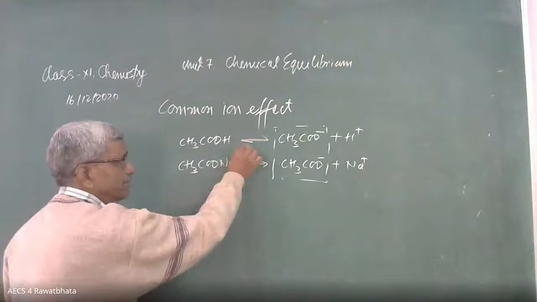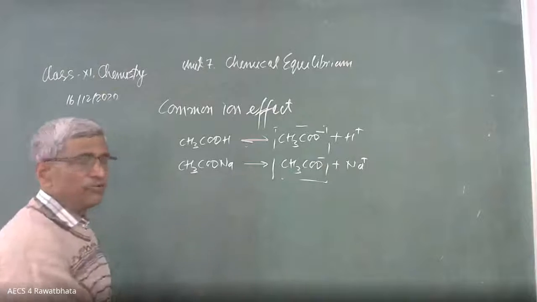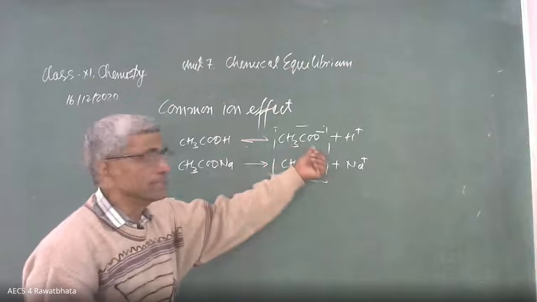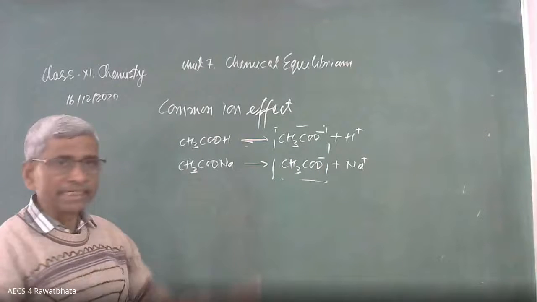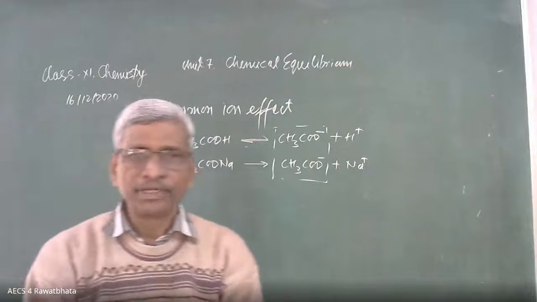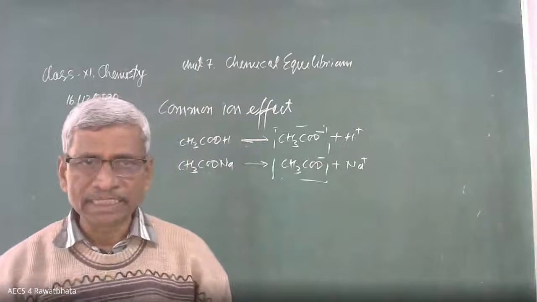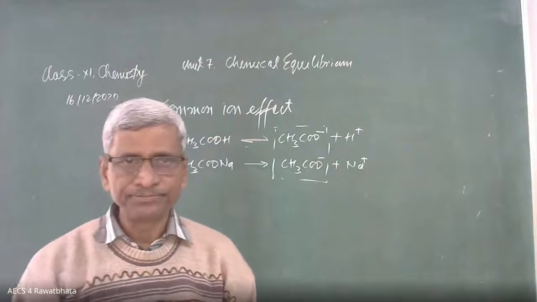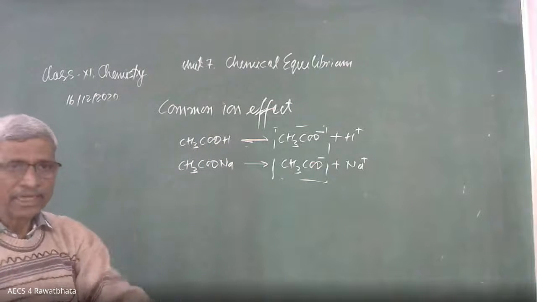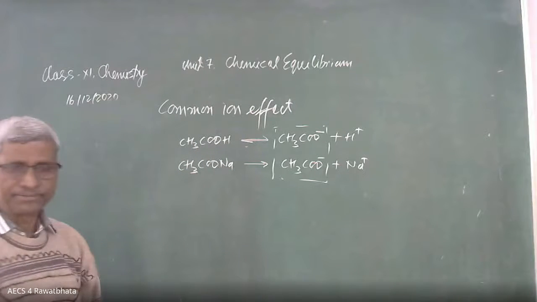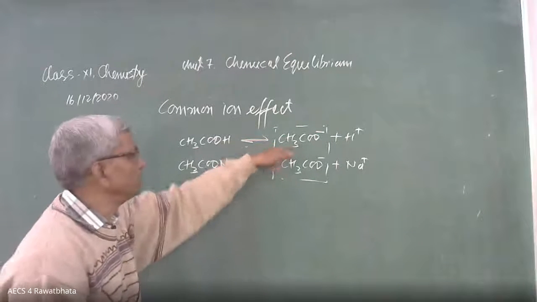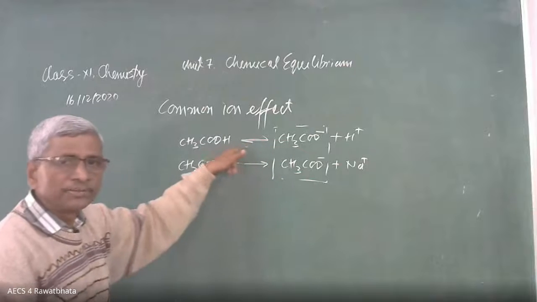Therefore, this equilibrium, this ionization process, see that we are going to increase the concentration of the product in this equilibrium system by adding sodium acetate. What is the direction of equilibrium? That we have studied earlier. Effect of concentration, Le Chatelier's principle. Here this principle is applied. Here is an equilibrium system in a container. In that container, we are going to add sodium acetate. Indirectly, we have increased the concentration of one of the products of this equilibrium. Then what is the direction of this equilibrium?